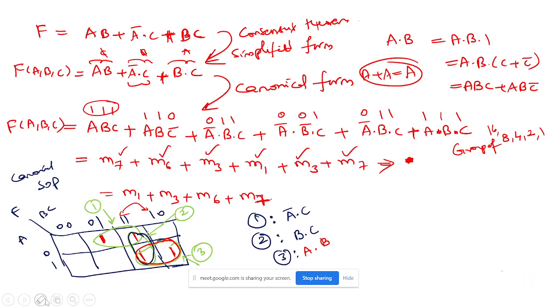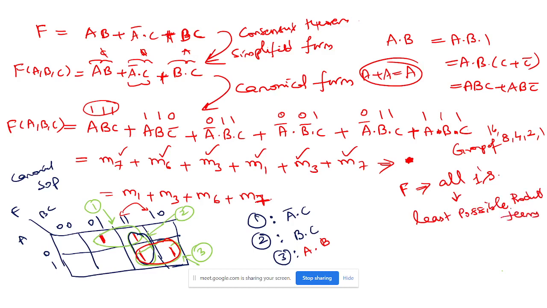So remember this point. Whenever you write a simplified form, F, you should cover all ones. You cannot leave any one. Cover all the ones. Now, to cover all the ones, take least possible product terms. Take least possible. Now, you tell me F is equal to,